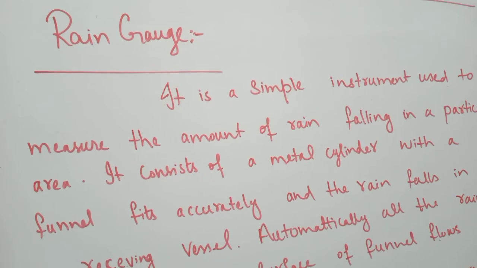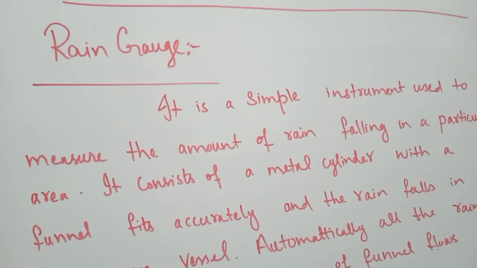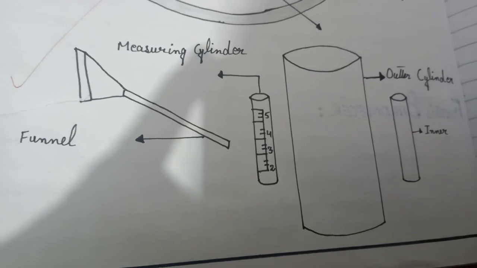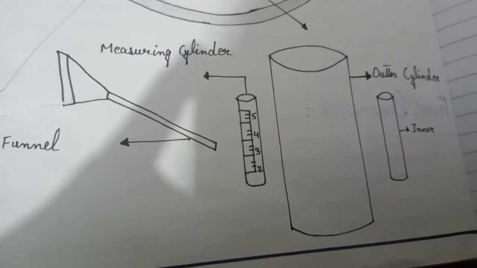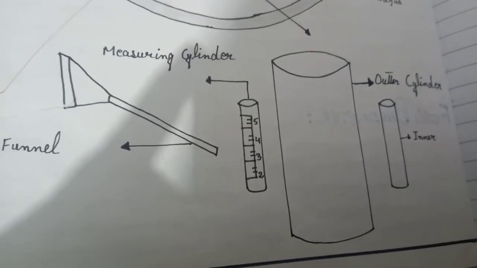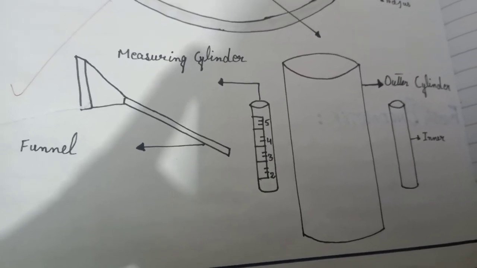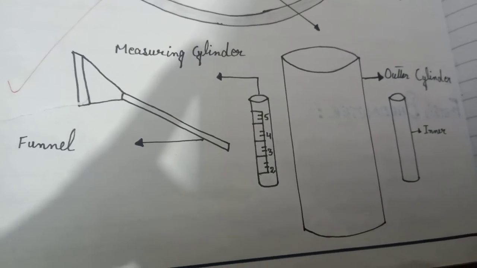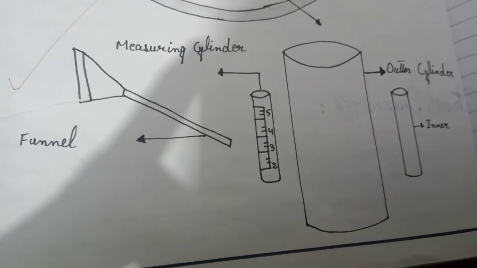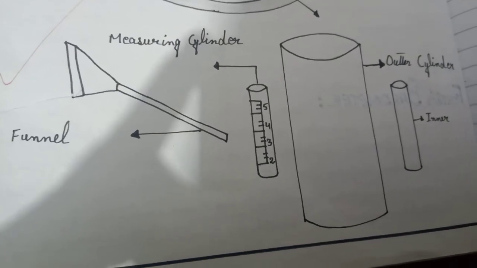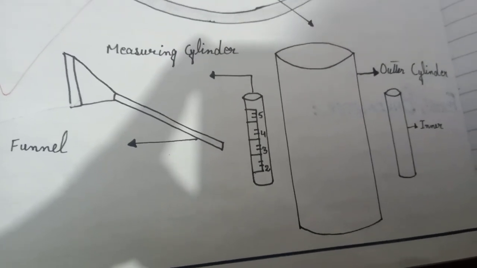And now I will show you the diagram of the rain gauge. Okay girls, here you can see the diagram of the rain gauge, and you can see the funnel, the outer cylinder and the inner cylinder, and the reading, which could be in millimeters or inches. So this is the rain gauge, and you will be drawing this picture in front of the rain gauge write-up material. So this is all about practical 5.